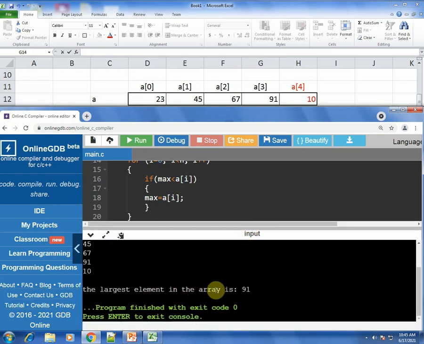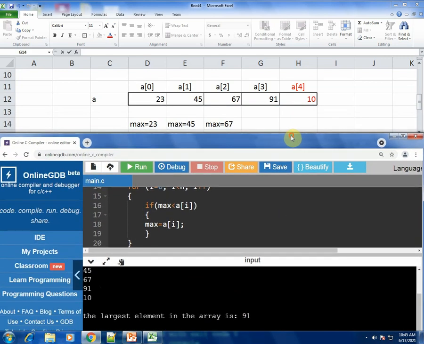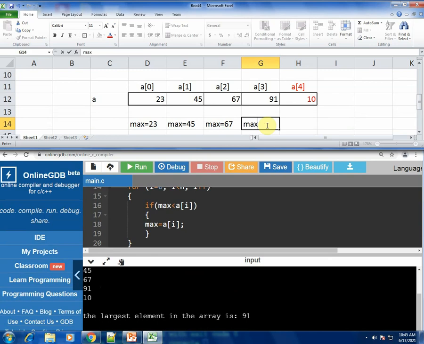The largest element in the array is 91, which is what we got when we traced the program over here. So max was actually having a value of 91. So this is how the C program to find the largest element in an array is executed.